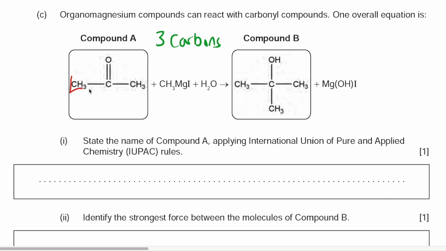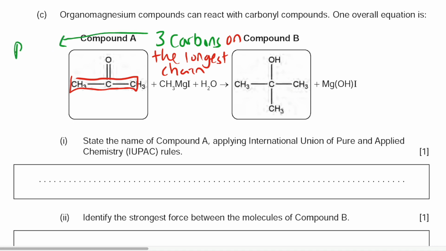So here is the longest chain, right? So 3 carbons on the longest chain, which gives us the prefix of prop, or propane,